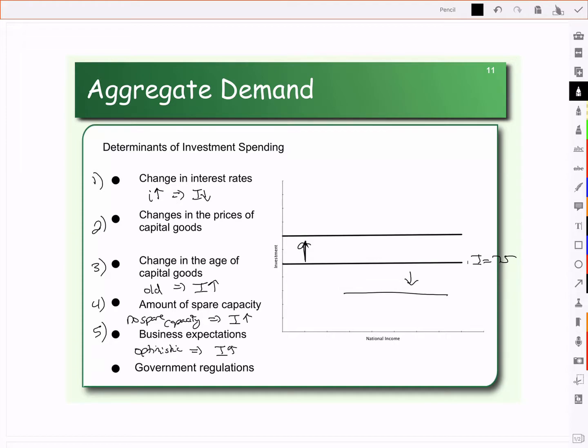One of the biggest hurdles to getting out of a recession is the expectations and the confidence of both consumers and businesses. You'll recall that consumer confidence was one of those that impacted consumption spending. And here we have business expectations. So if businesses are optimistic and consumers are optimistic, then both businesses and consumers will start buying more goods now, and that's going to ultimately increase demand and increase the size of the economy, stimulate the economy, and get us